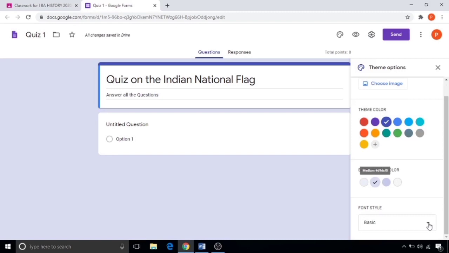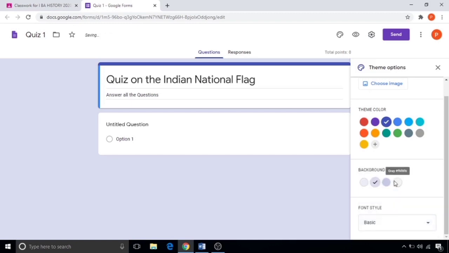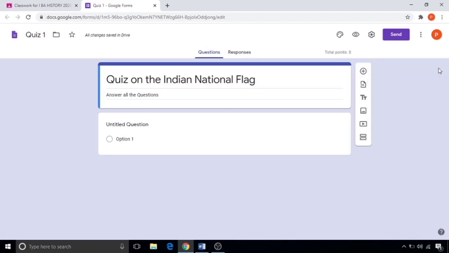There are 4 fonts available, in which you can choose the font apt for your quiz. However, I would be careful about it. They have this decorated text here, and that often makes it a little more difficult to read. I would recommend you keep it as basic. So I select basic as before. That's all about basic settings. Let's move to typing questions.